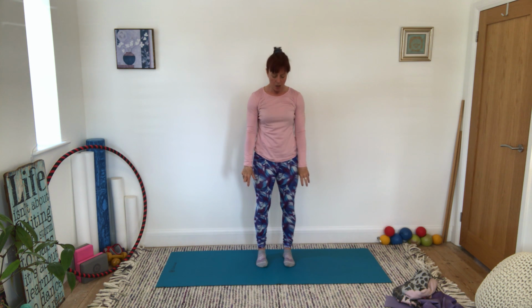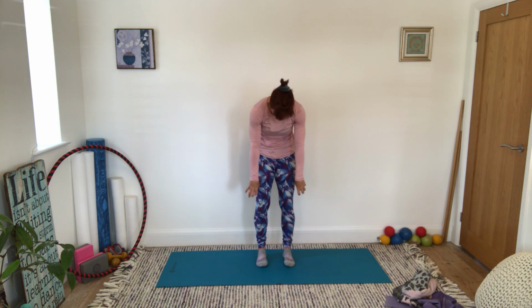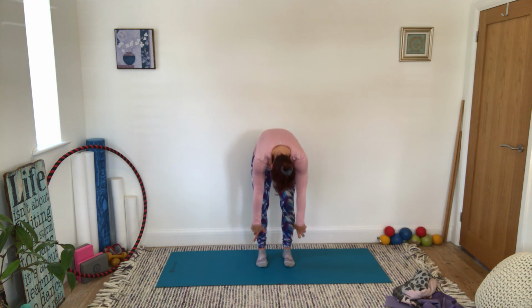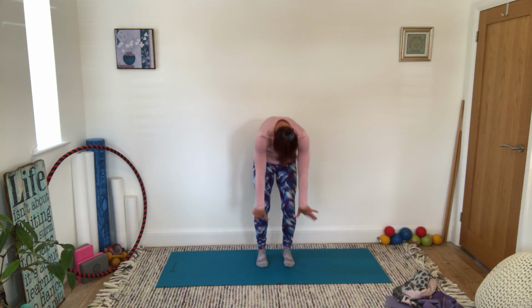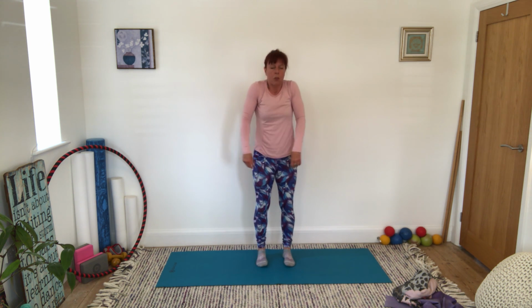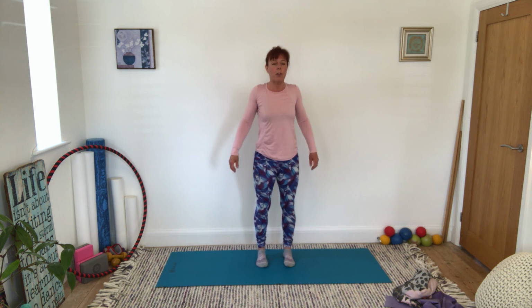It's like your arms are sort of the rain showering down on you. All the way down. Maybe this time little straightening of the legs and then rolling up. Great job. Okay, we're going to stretch our neck in a moment, but before we stretch the neck, let's just